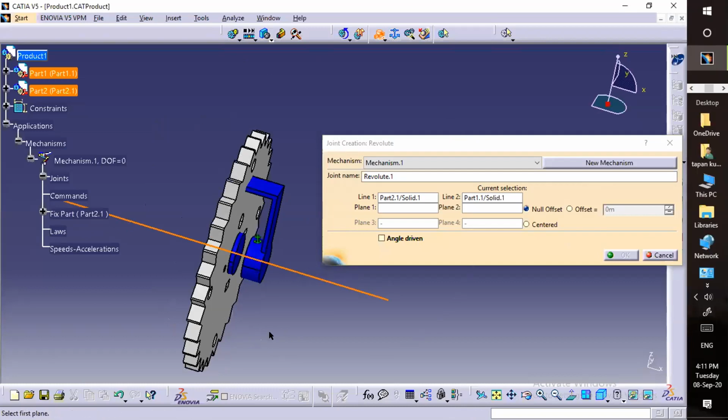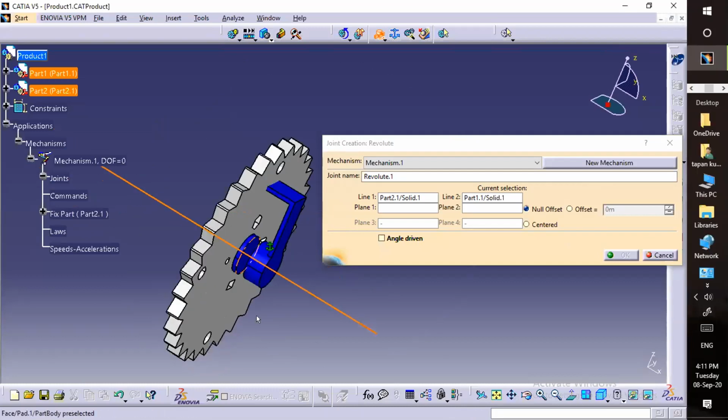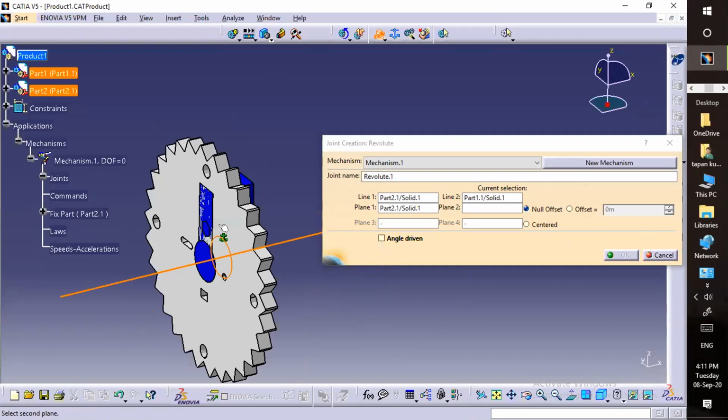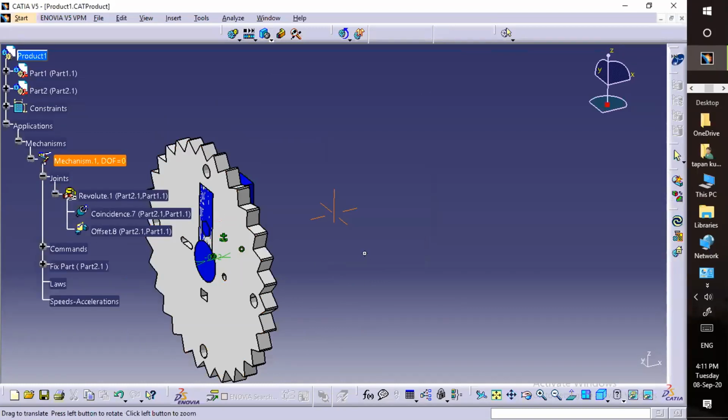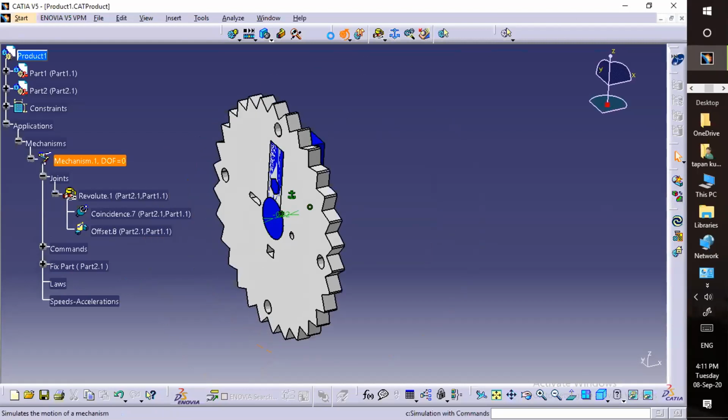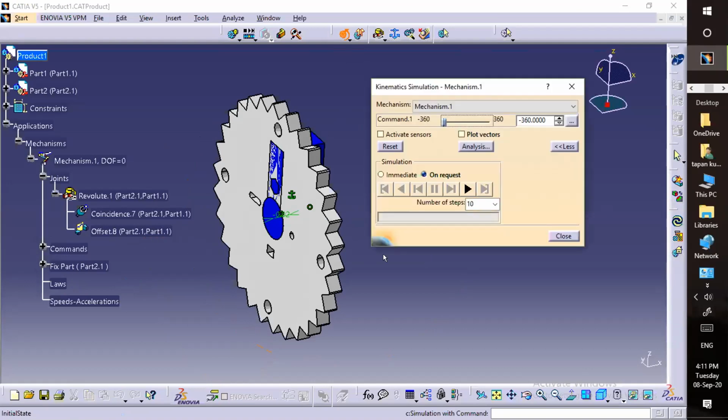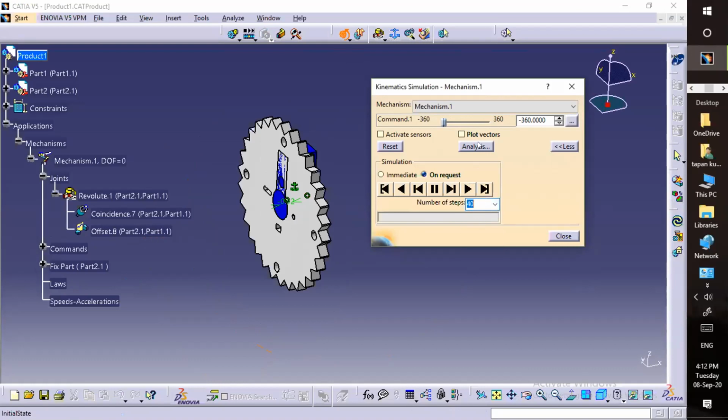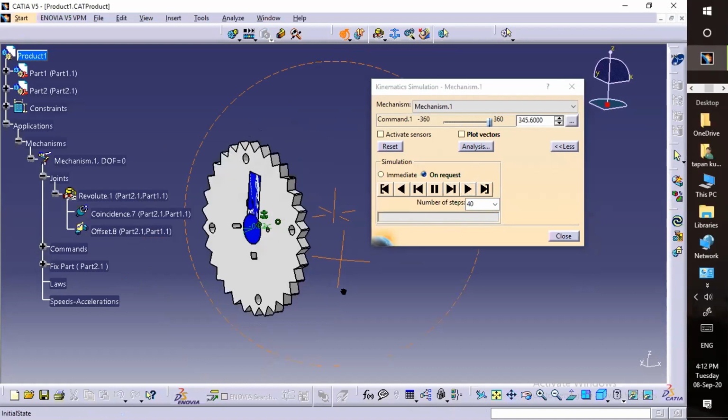Attachment is... it can be simulated. Okay, so as you can see, now this model can be simulated, right? Now the simulation can be done, right?